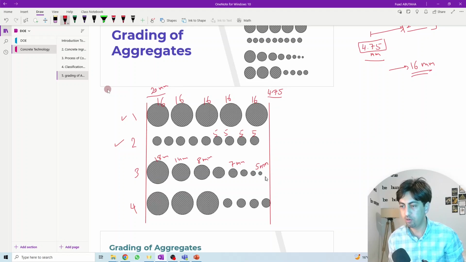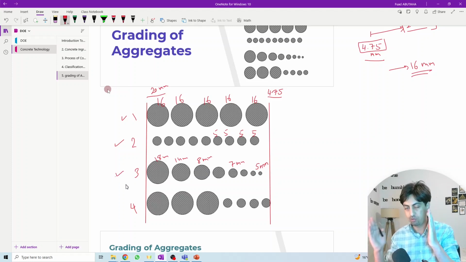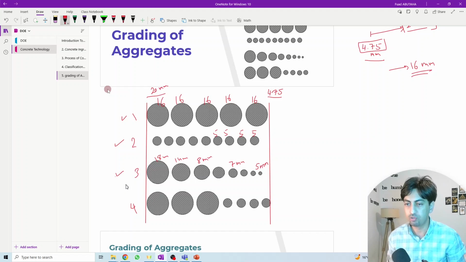So between 4.75, I have 5 millimeter particle size, 7 millimeter particle size, 8, 14, and 18 millimeter particle size, and all of them are in the range between 4.75 and lower than the maximum of 20 millimeter. So this is another scenario that is applicable, and it is also in the range between 4 up to